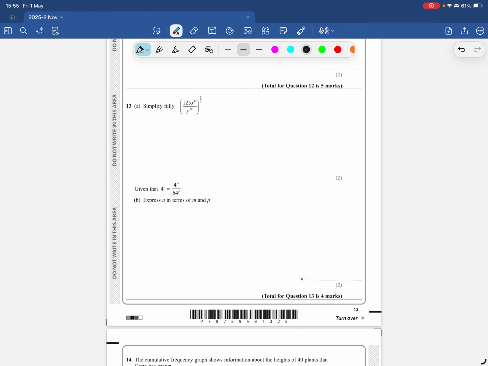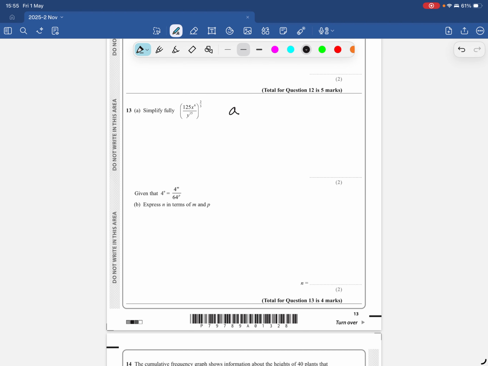Index laws. We've got some value in the brackets here, which turns out to be 125x to the 6 over y to the 15. But let's just say it's a. We've got a to the power of 2/3. We know that a to the m to the n is equal to a to the mn. So if we consider 2/3 as mn, then this is either a squared to the power of a third, or, same thing, a to the power of a third